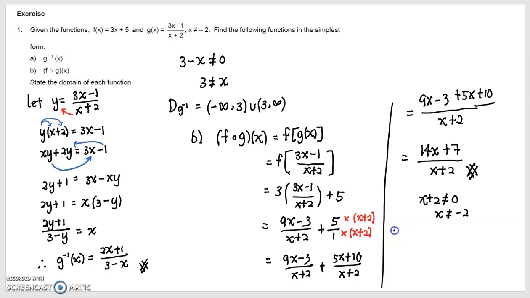So the domain for the composite function, f o g, this is the composite function. So the domain will be negative infinity until negative 2, or from negative 2 to positive infinity. So this is the answer for question number 1, A and